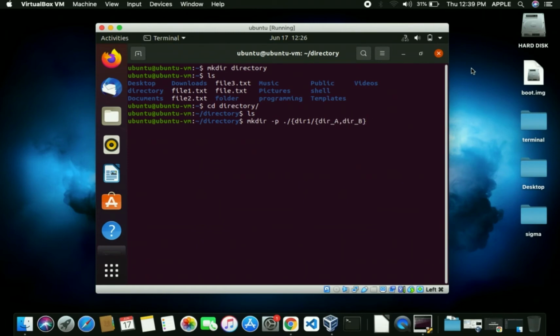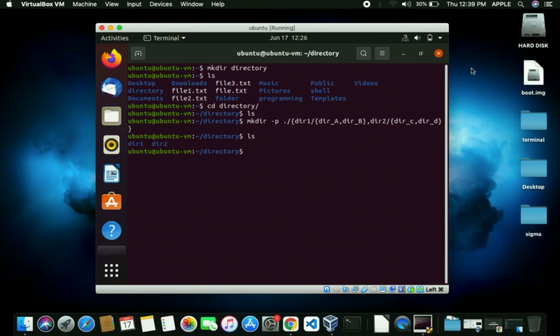The second main folder is dir2, and in dir2 let's create two more folders. Let's say dir_c and dir_d. Let's close this.